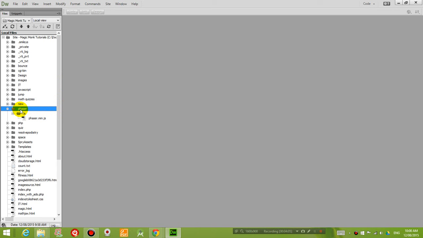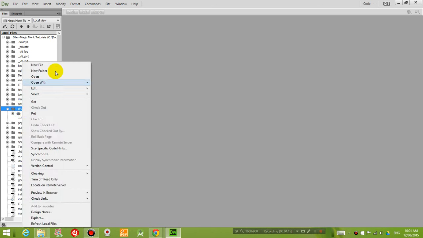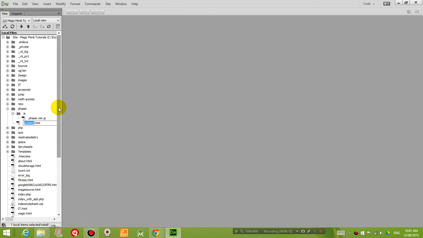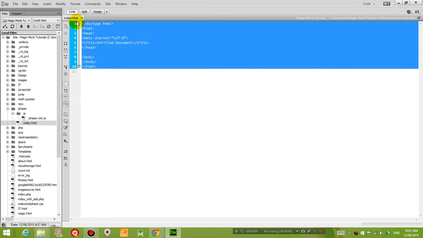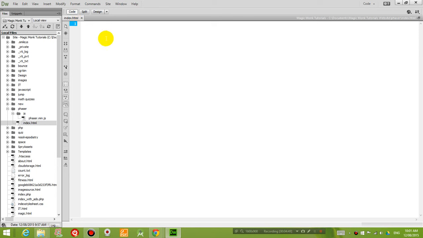So once I'm in Dreamweaver, you can see right now I'm inside the Phaser folder again, and what I'm going to do is I'm going to right click inside this folder, click on new file. Okay, new file, and then I'm going to create this first file called index.html. Okay, and if you double click on this file, you will see that right now it's got some default tags. So to make sure that this is completely beginner friendly, I'm just going to delete everything, and I'm going to explain to you guys how to make the game from scratch. So save it, Control S to save it,